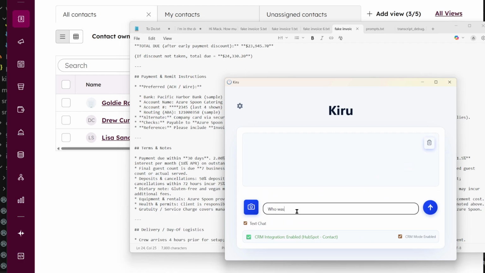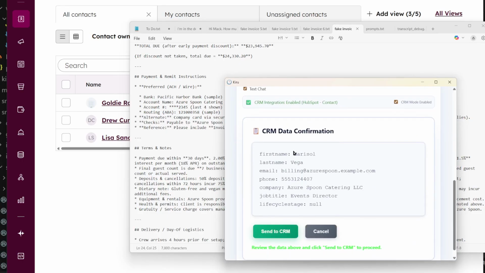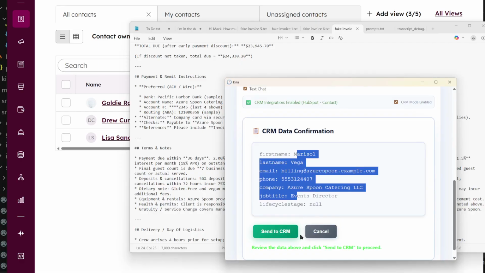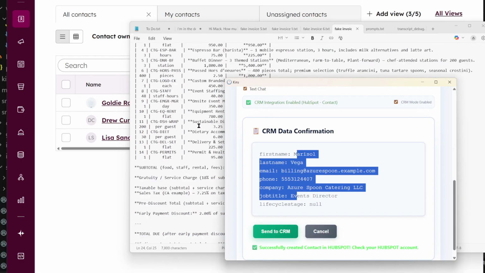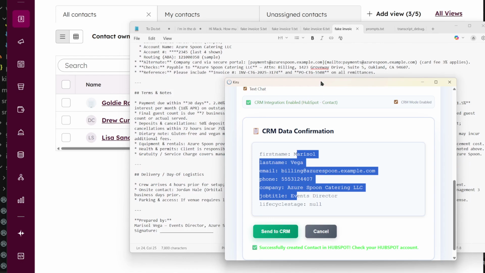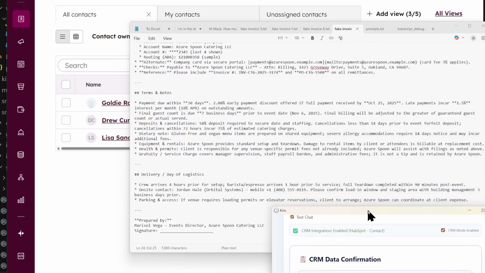Who was our caterer according to the invoice? Helps the AI when you are referencing your local files. Invoice there, telling it that it is an invoice, and now the AI thinking about it was able to pull that contact, send that off from all the stuff going on in this invoice and all the other files we had loaded,